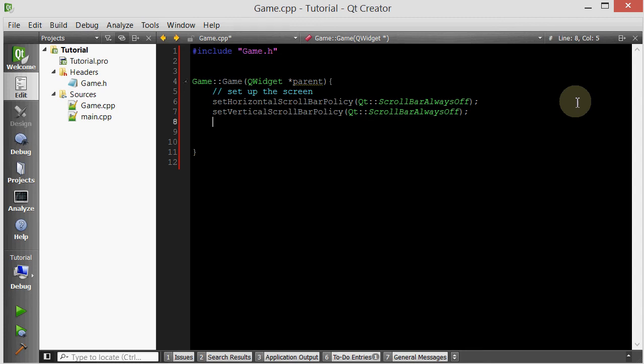And then we're going to set a fixed size. So setFixedSize. We're going to make our window 1024 by 768. That's the size that I want. Okay, and then